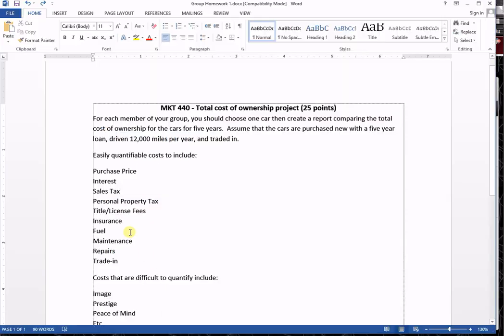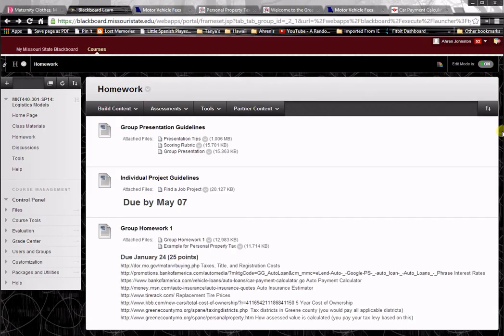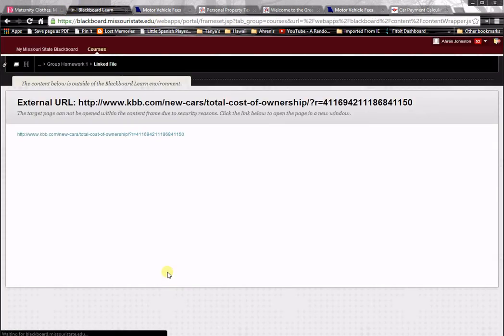Other things you need to calculate here. Well, there's one other note, the personal property tax. How do you find out the sum of the depreciation? There's a link to a Kelley Blue Book 5-year cost to own, where you can click on that link, go to the site,